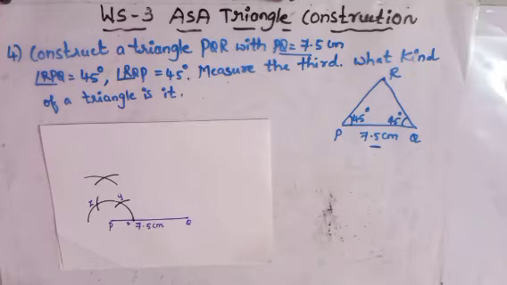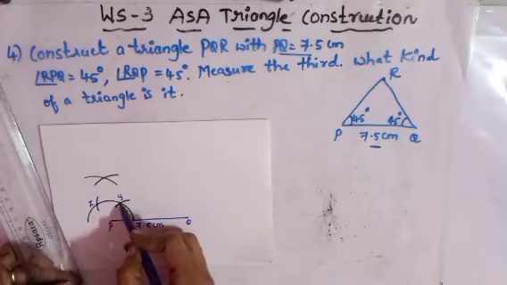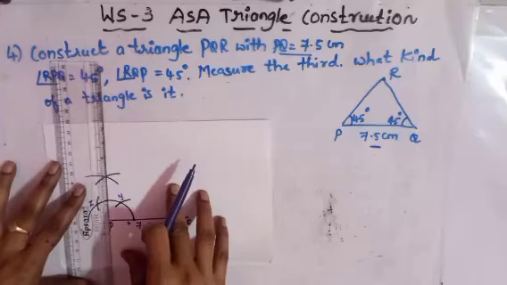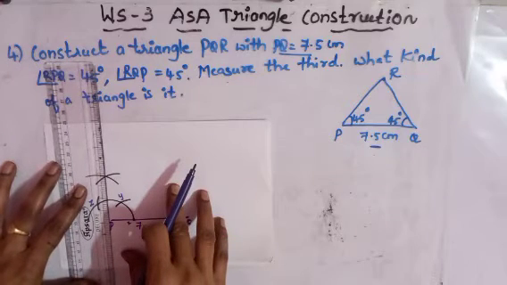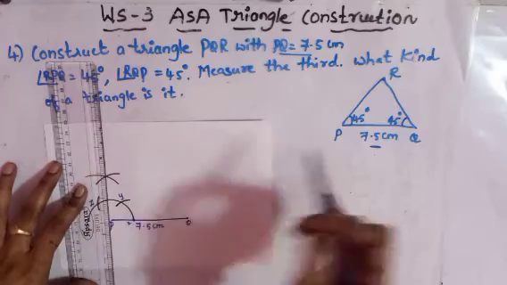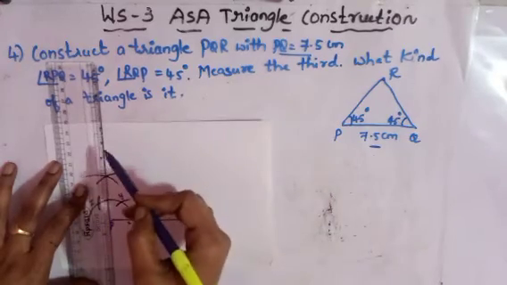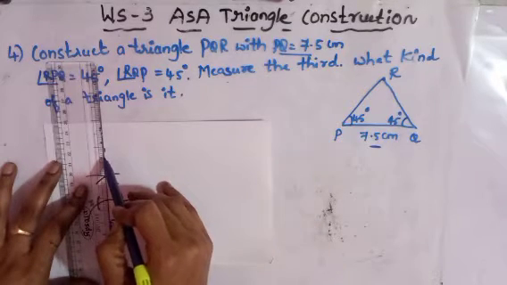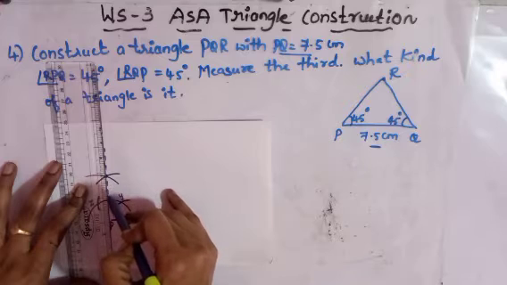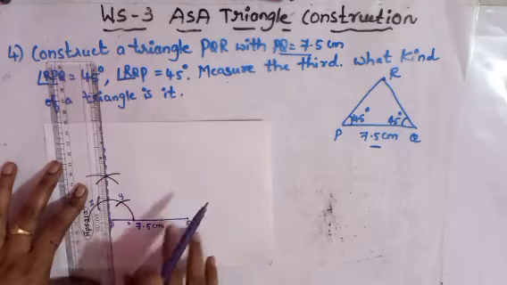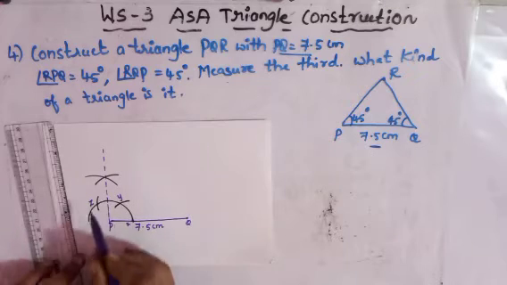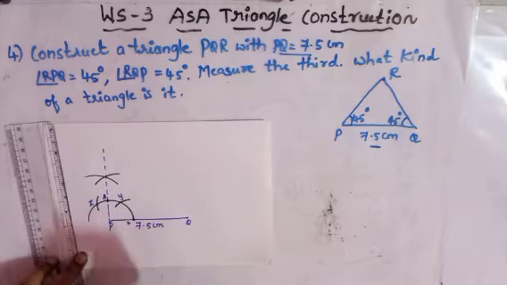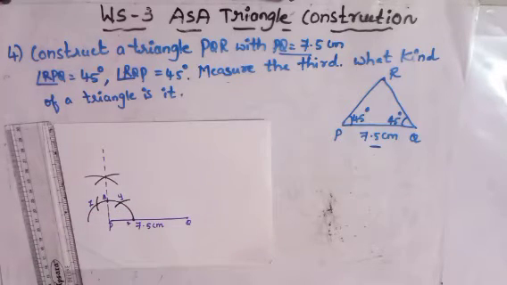Now we got the angle of 90 degree. This first arc is 60 degree, the second arc is 120 degree, and the middle is 90 degree. So we got 90 degree here. But we want 45 degree. So after getting 90 degree, we take half, which is 45. So first let us draw this 90 degree with a dotted line, because we don't want the 90 degree. Mark this point of intersection as A.